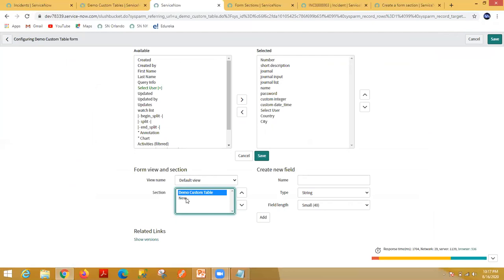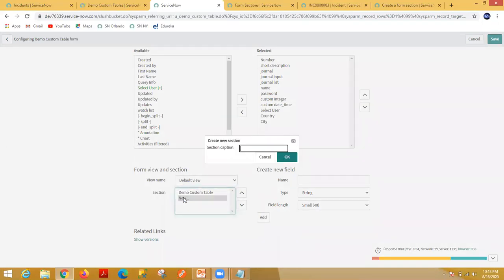Under the default view I want to create my personal information section, so I need to click on New. Now you have to give the section name here. Let's say my section name is personal information.